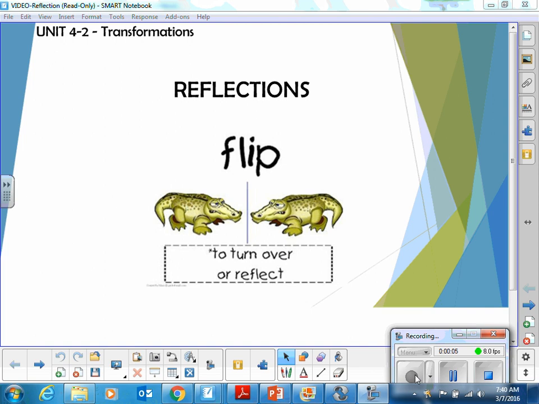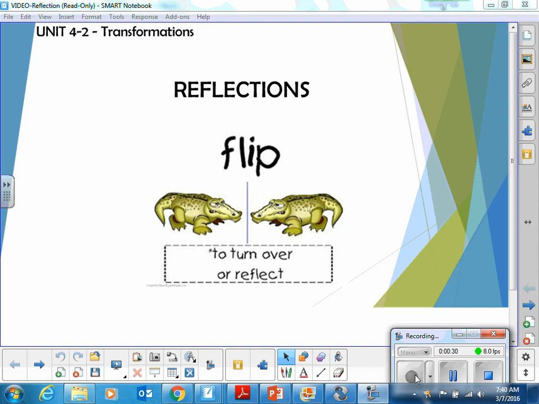We are going to be talking about reflections today, which is another form of a transformation. For reflections, I want you to think of a reflection as looking in a mirror. What you see back is a mirror image. So if you raise your right hand in the mirror, it looks like you're raising your left hand. So if you were to flip yourself over, it looks the same, but it's actually a mirror image, so it's